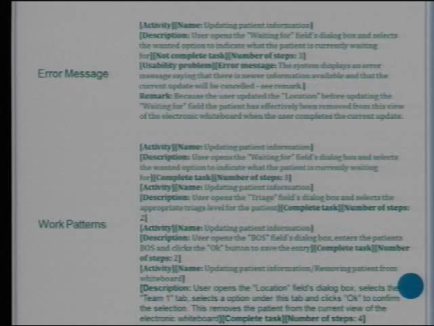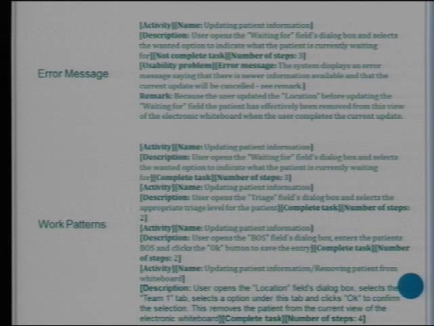Here's an example of an efficiency problem. The user enters information in both the free text field and search field when it would only be necessary to enter information in the text field. So we were looking at even things like that, but there were also, amazingly enough, system bugs. When entering free text information in the next stop dialog box, the system deletes all information for the current patient. And we saw that, and we were looking it over. We kept replaying it, and it kept happening. And no one had commented on it. The thing had been in use for months across 3 hospitals, so it was kind of scary.